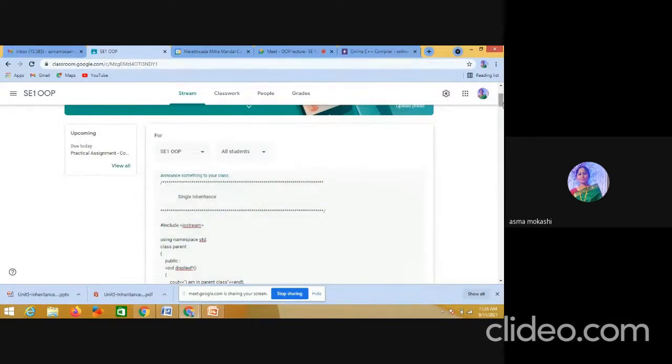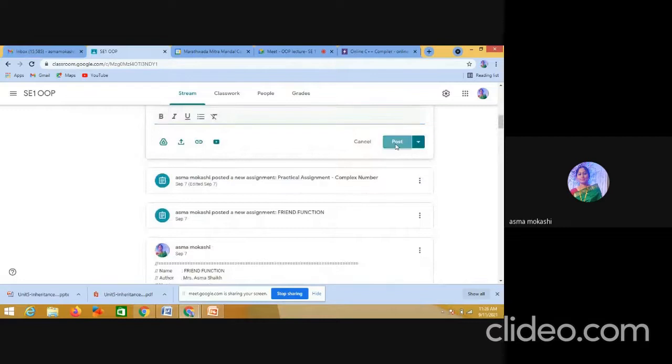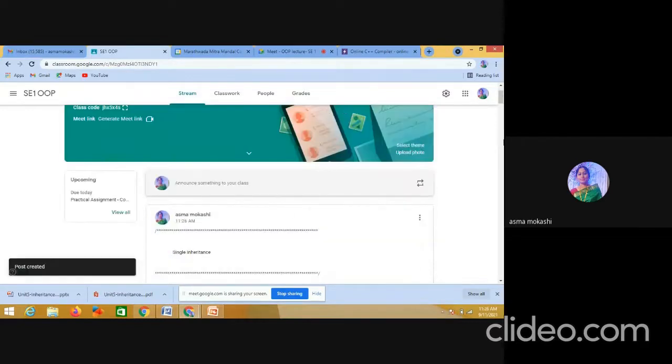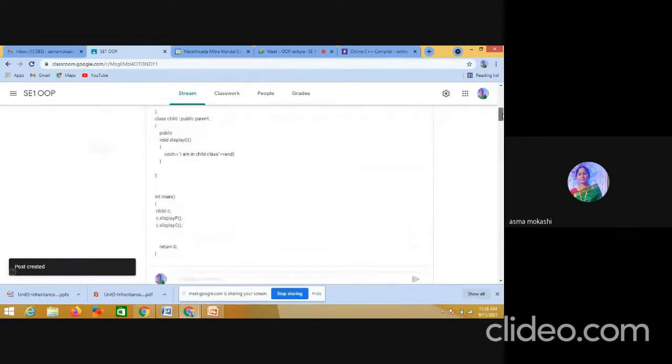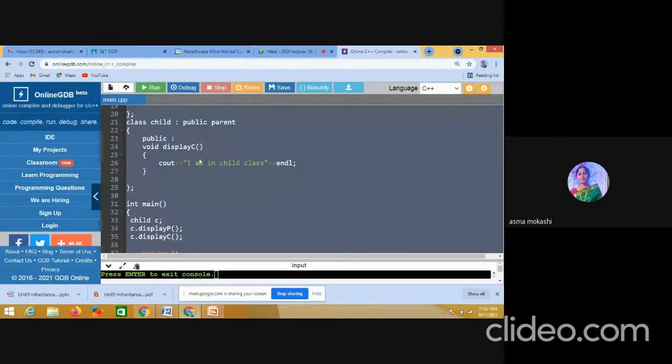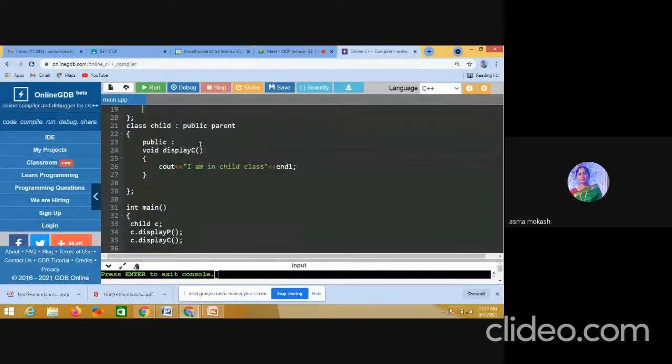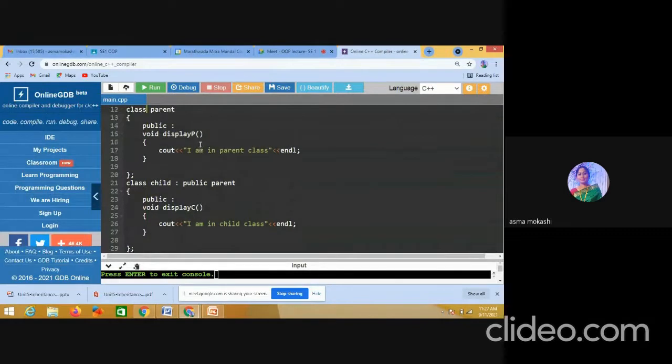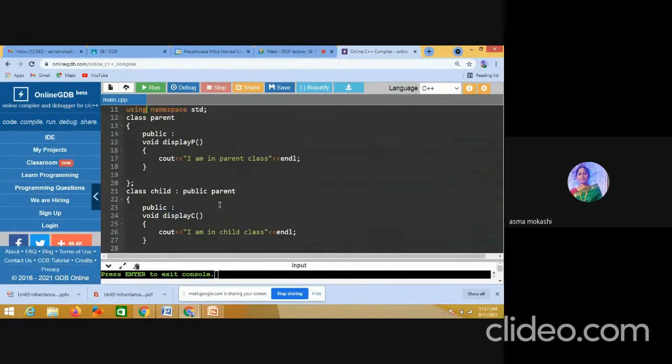So you are able to access it from here. This is a single inheritance example which we understand now. Here is the displayC method from the parent class, and here is the displayC method from the child class. So this single inheritance helps us show this logic.